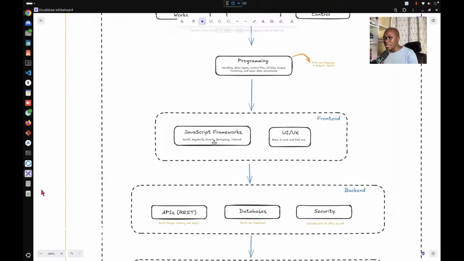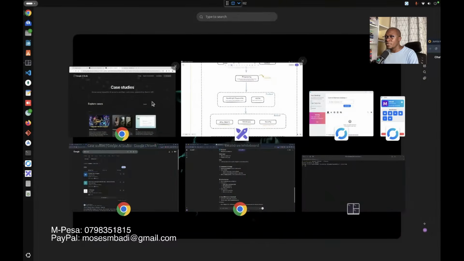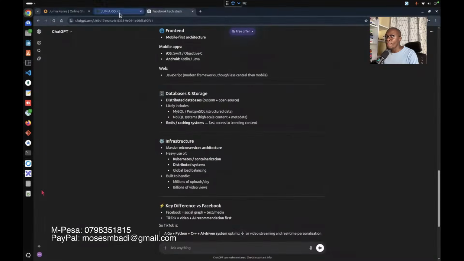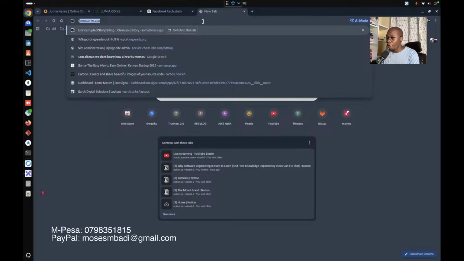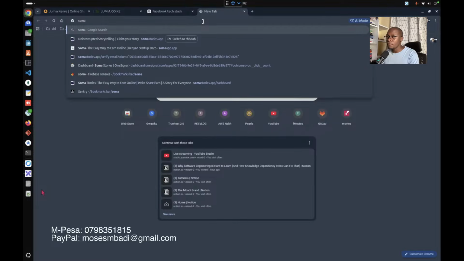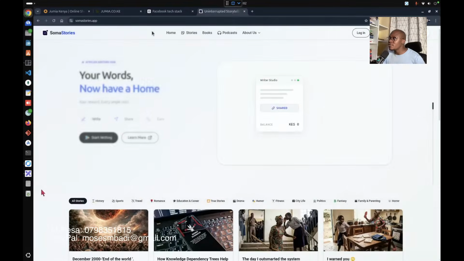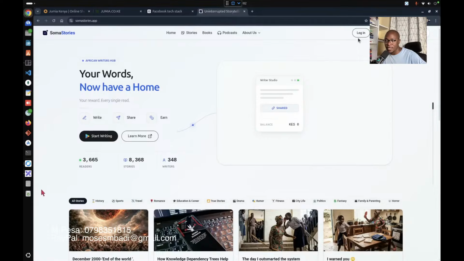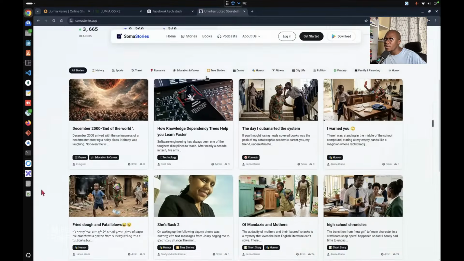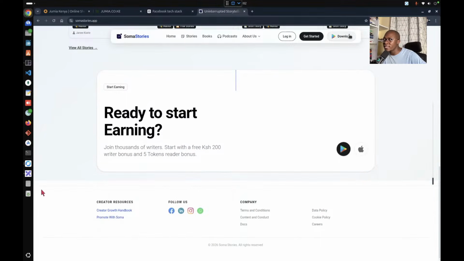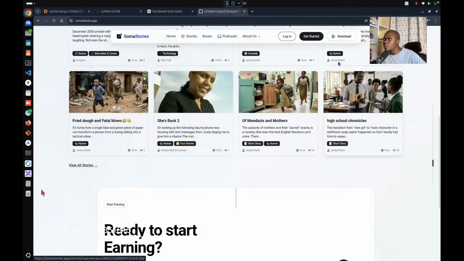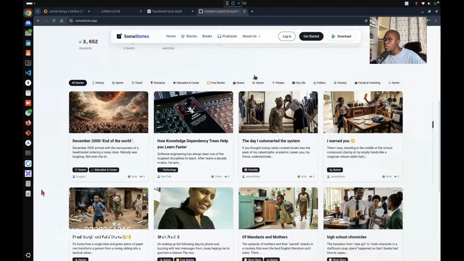Now we want to look at JavaScript frameworks, Next.js. We want to see how we display something like this. Let me just open the page again. Where is it? So now we want to see how we put these buttons here. How do we put this here? If we scroll up like so, how do we make this appear the way it is? You see, if you scroll up, it's different. If you scroll down, it's different.